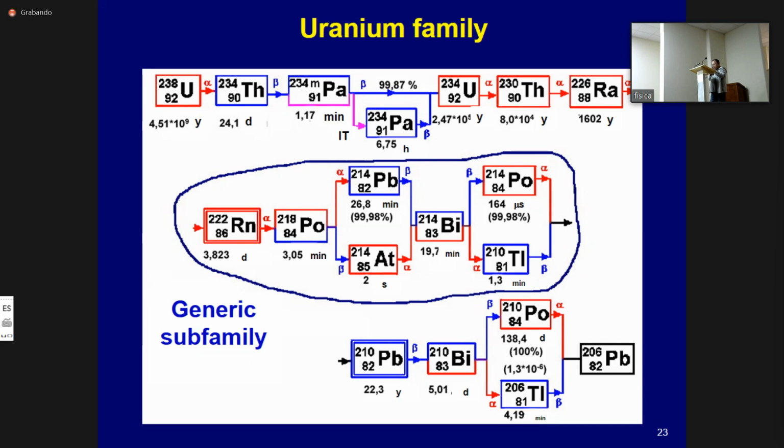Most of the daughter nuclides arising from alpha decay must be rich in neutrons and undergo beta minus decay. Therefore, the decay chain of uranium-238 is a set of a large number of alpha and beta minus decays. Each of them is a step forward to the region of stable nuclei. Red lines represent alpha decay, and blue lines represent beta minus decay of radionuclides in the uranium family.